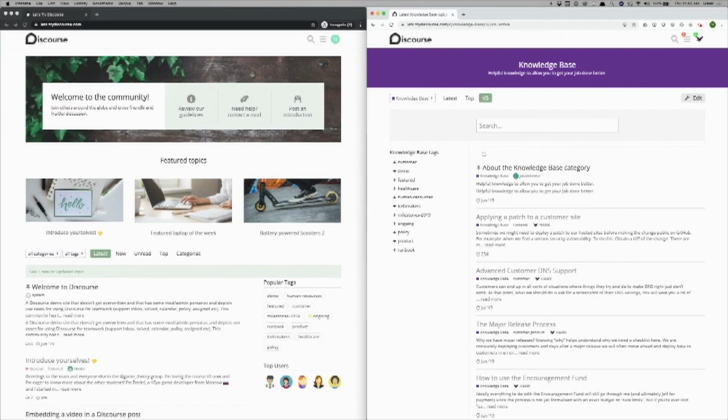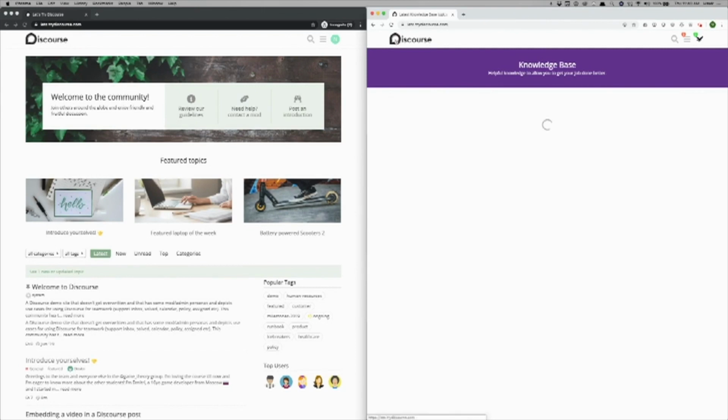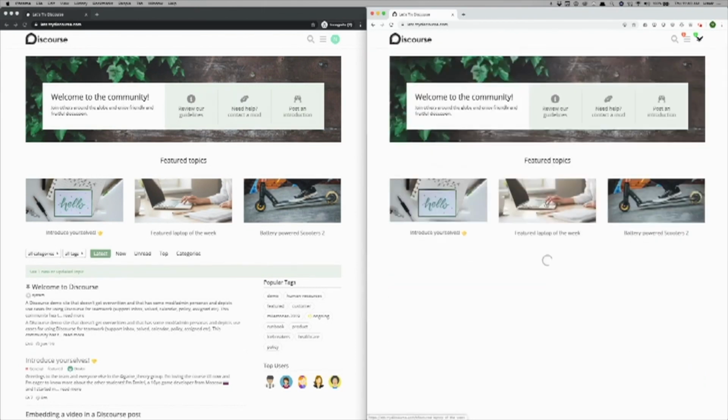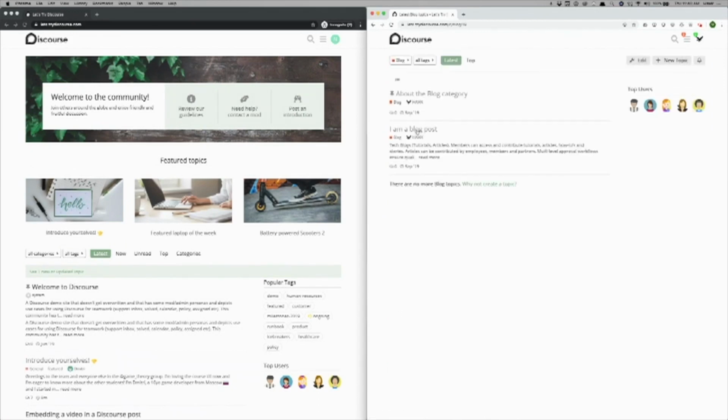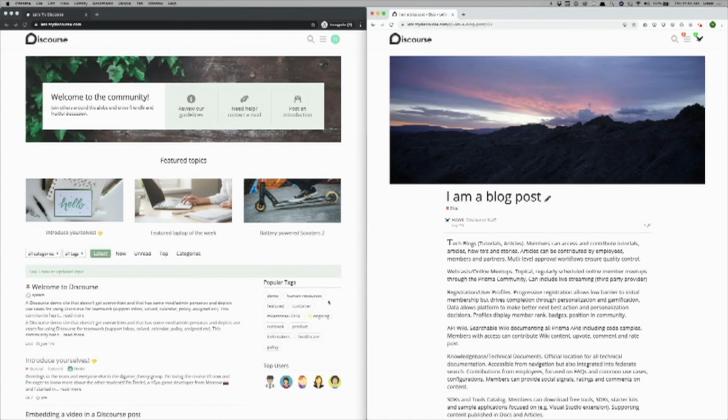So this knowledge base is really handy for support communities. It means you can have a dedicated category for your documentation that makes it really easy to navigate, and having it all within Discourse means that the results show up in native searches. And similarly, is this blog category. Jump into the blog category. There we go, wait for that to render. So again, this is simply native Discourse, but it's got a theme component applied to the blog category, which changes up the styling. Anyway, I could go on about that all day, but I need to move on to moderation,